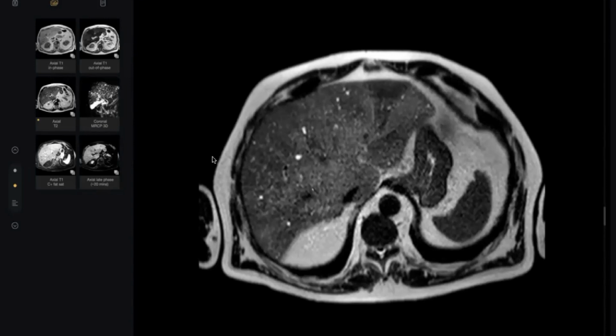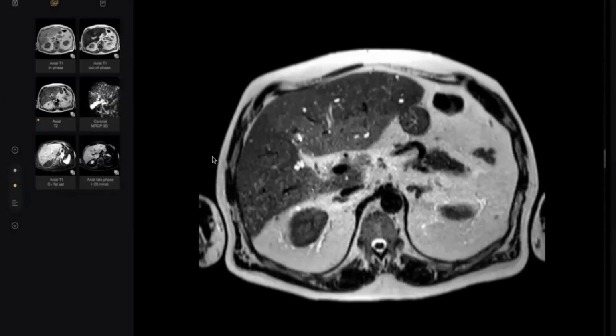This could represent multiple liver cysts. I would look at the kidneys for any cystic areas in the kidneys. If there are multiple cysts in the kidneys, this may represent a polycystic disease process. Okay, doctor, if you have reversed